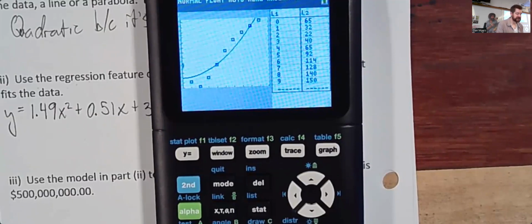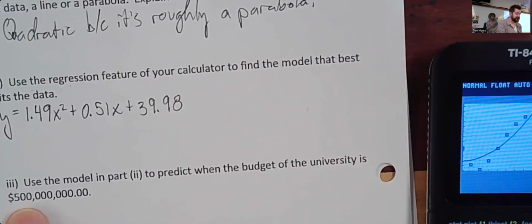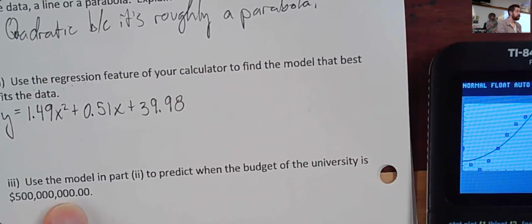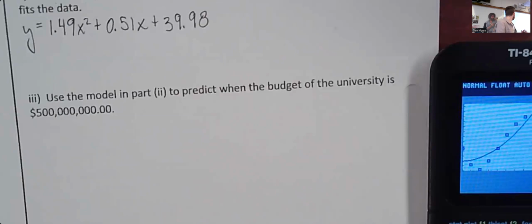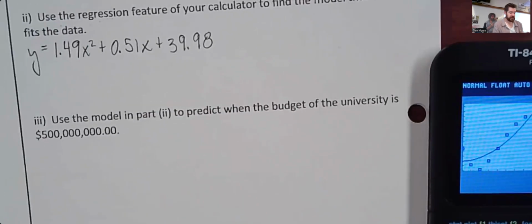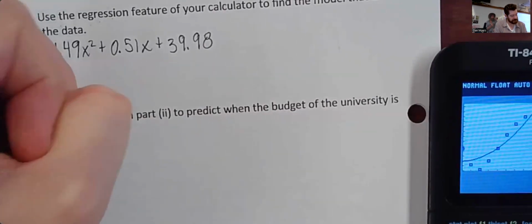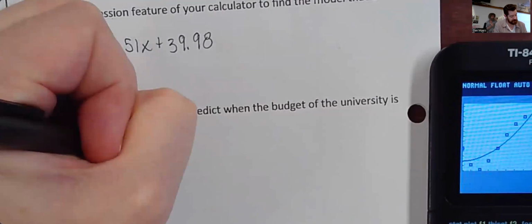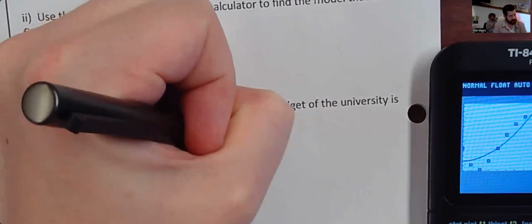So what it wants us to do next, use part 2 to predict when the budget of the university is $500 million, which would be a Y value of what? The Y values are in millions, so the Y value would be what? 500, yeah. So we're gonna say 500 equals 1.49x squared plus 0.51x plus 39.98, or